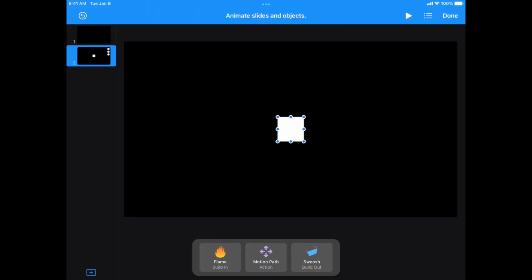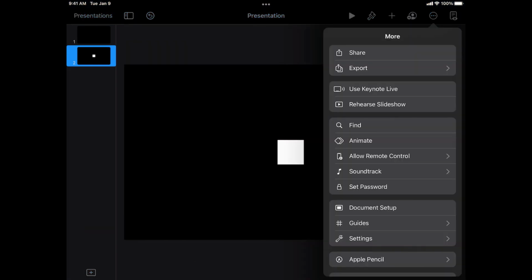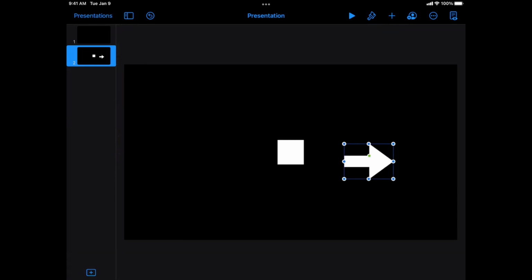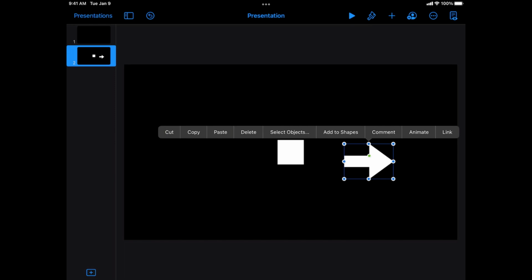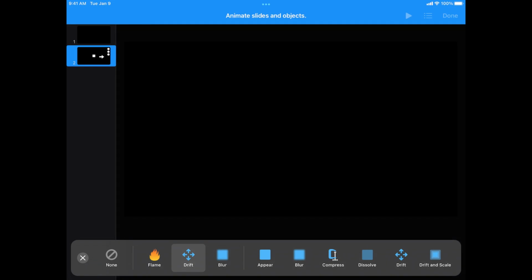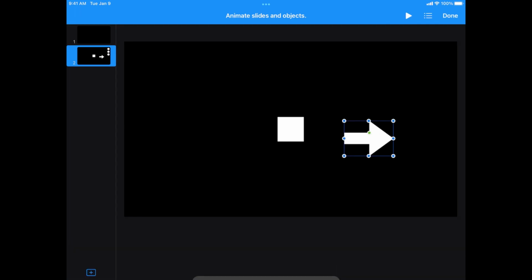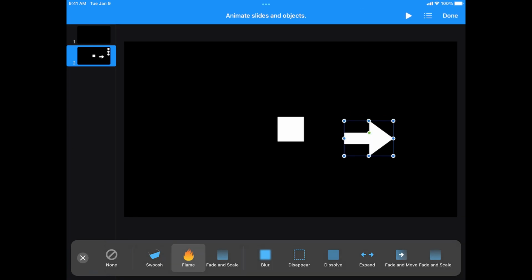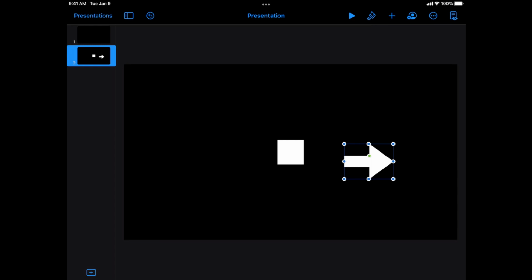However, we could create another object. Let's say this arrow, and we don't edit it, we animate it. Let's say it drifts. Alright, and then burns to leave. Alright, but now,